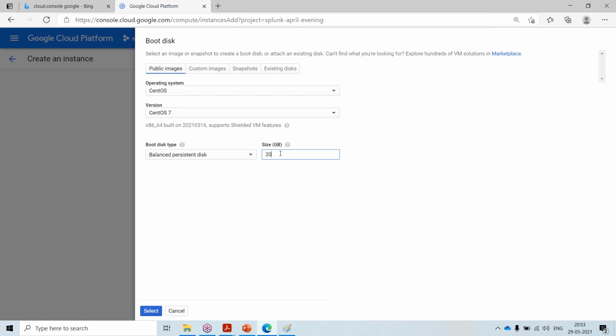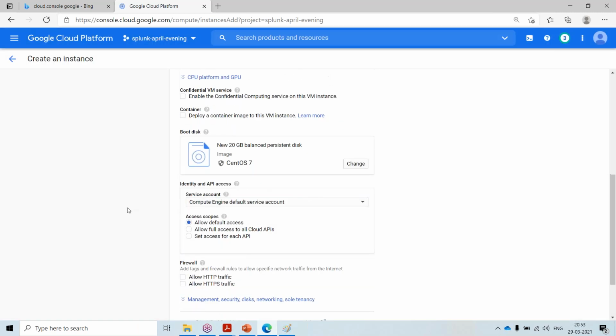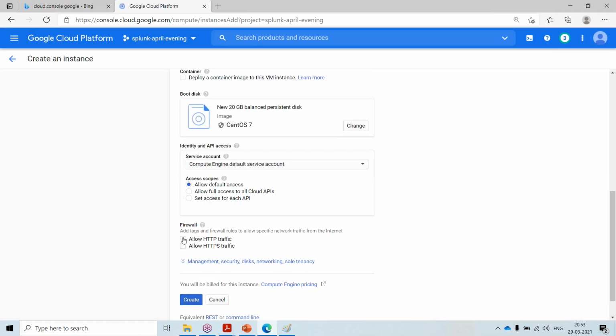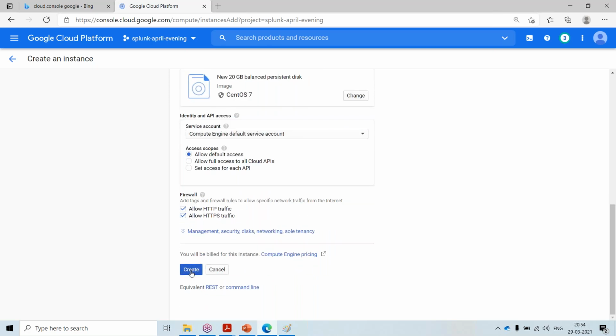By default I'm getting 20 GB of disk space, whereas in AWS you get only 8 GB for a Linux T2 micro instance. I click on select, and under the firewall rule I have to select allow HTTP traffic and HTTPS traffic. This is how you create an instance.